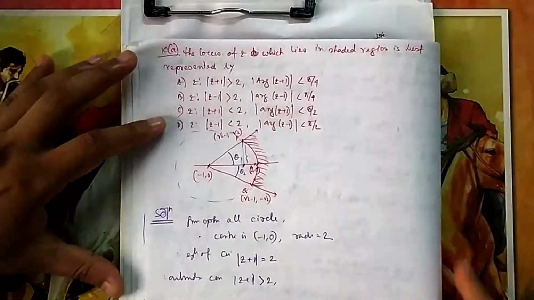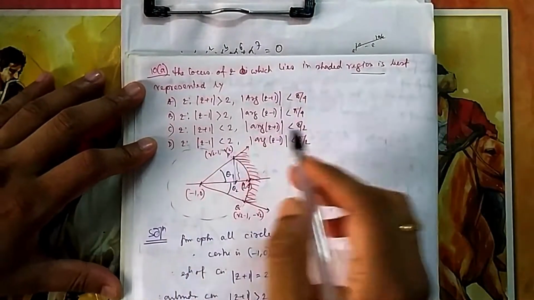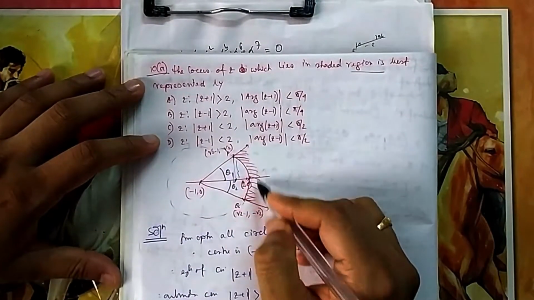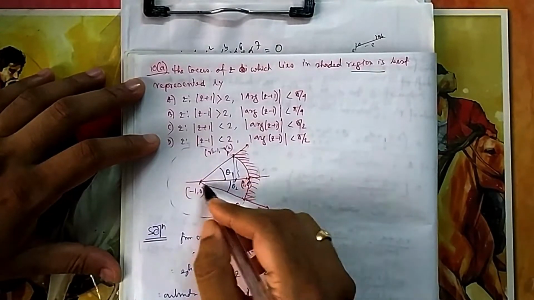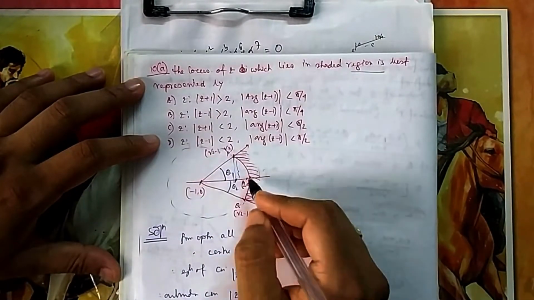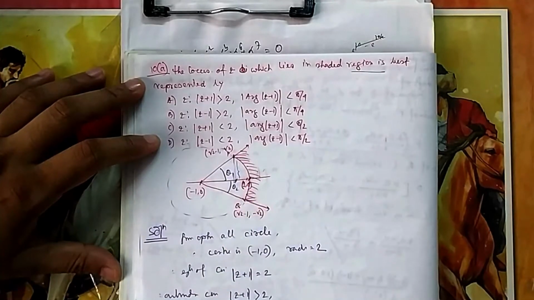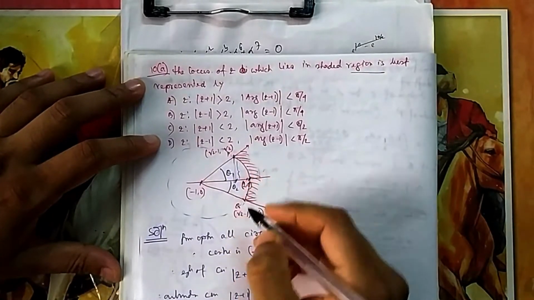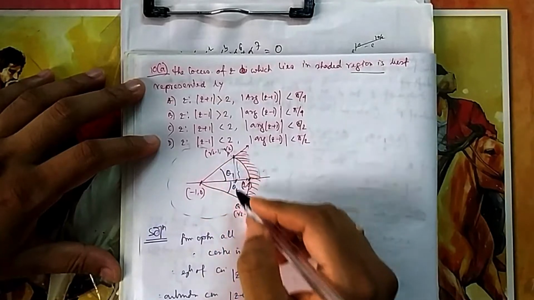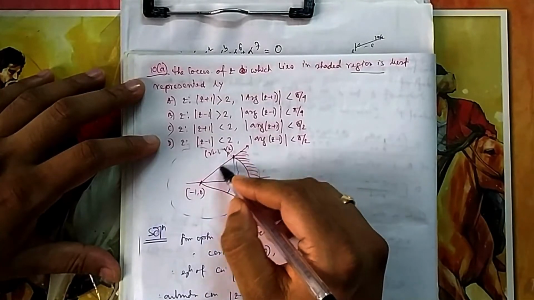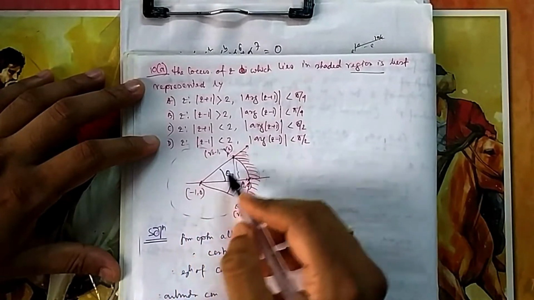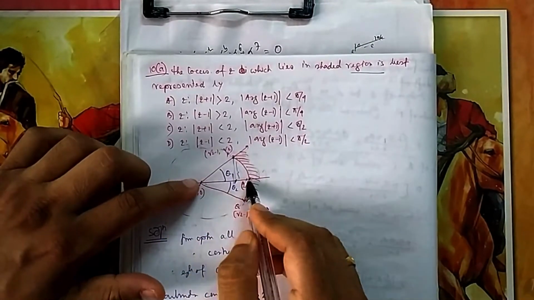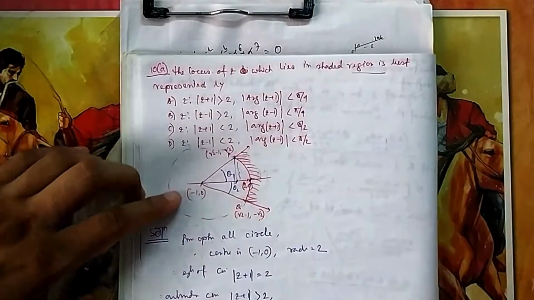Now if you come to question 10, the locus of z lies in the shaded region, best represented by this. Z should lie here. You can see this is a circle, and these distances are equal. This point is at 1, 0, I guess. This is root 2 minus 1 root 2, and this is root 2 plus 1 root 2. This length from minus 1 to 0 is fixed. You can see this distance is 2, this distance is 2, this distance is 2.